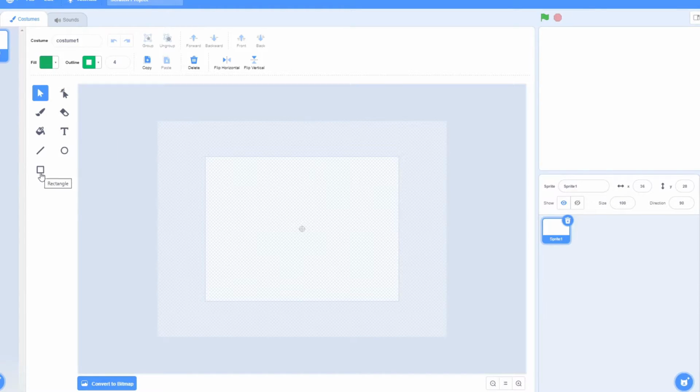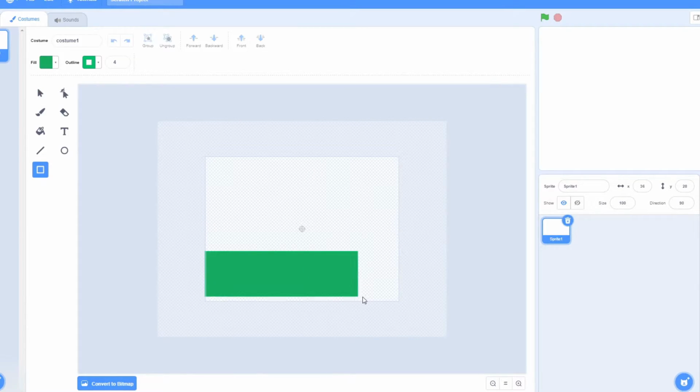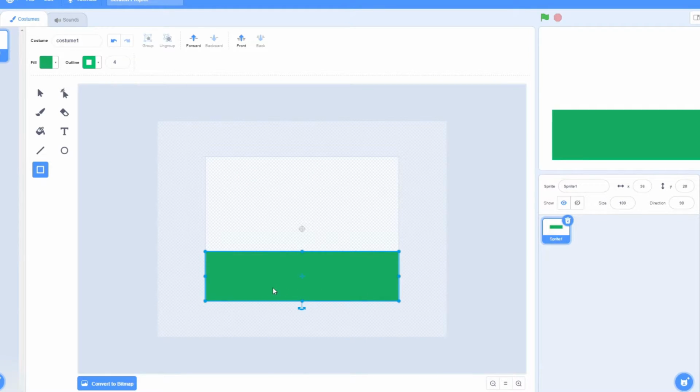Then go for a rectangle. Just draw a rectangle here. Yeah, this is our ground. Just rename the sprite as ground. Here we got our ground.